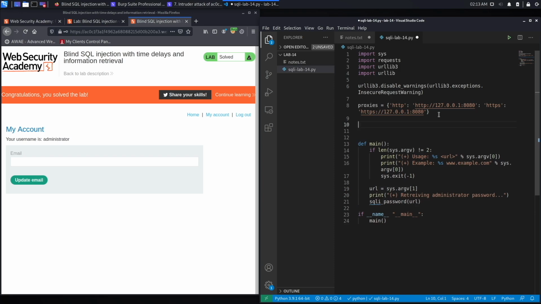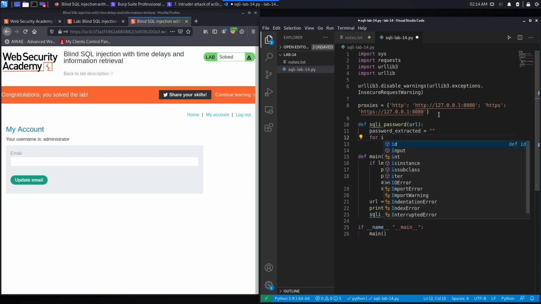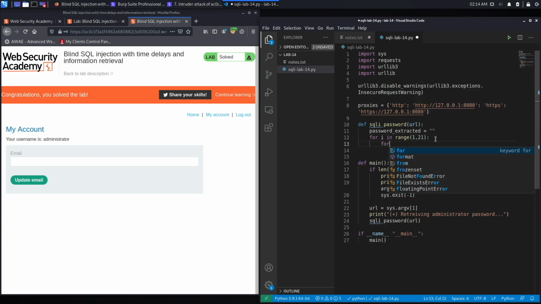So let's implement this function over here. So SQLi password takes in the URL. I'm going to create a variable called password extracted. So this is the list of characters that we so far extracted from the password of the administrator. So it's empty at the beginning. And then I'm going to create my for loop. So for I in the range 1 to 21. So this will check the first character up to the 20th character. And then I'm going to say for J in range